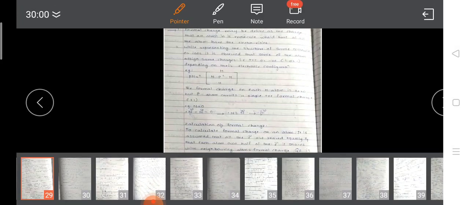Try to solve the formal charge. Keep the formula in mind, then identify the number of paired electrons and try to understand this. You can calculate Na minus Nm, or use how many lone pairs or unshared electrons there are, or how many bonding pairs there are, and by using this you can calculate the formal charge easily. Please go through this well. If you are not getting it, you can freely ask me. It is a very important part.